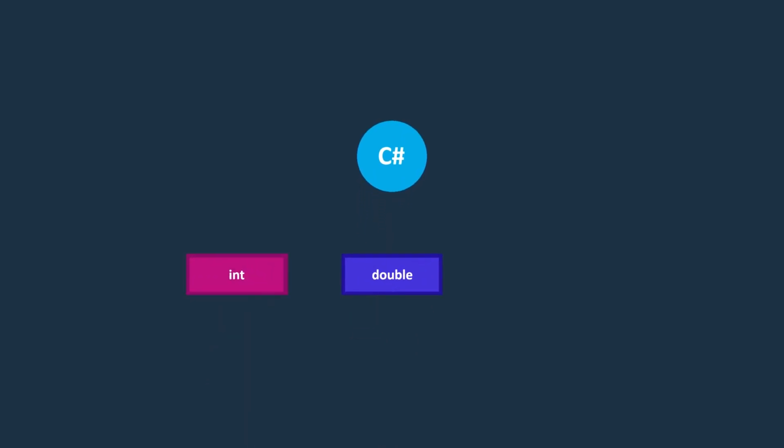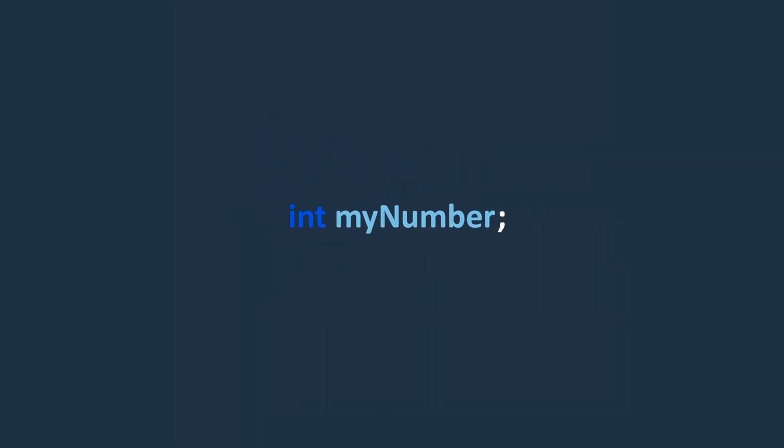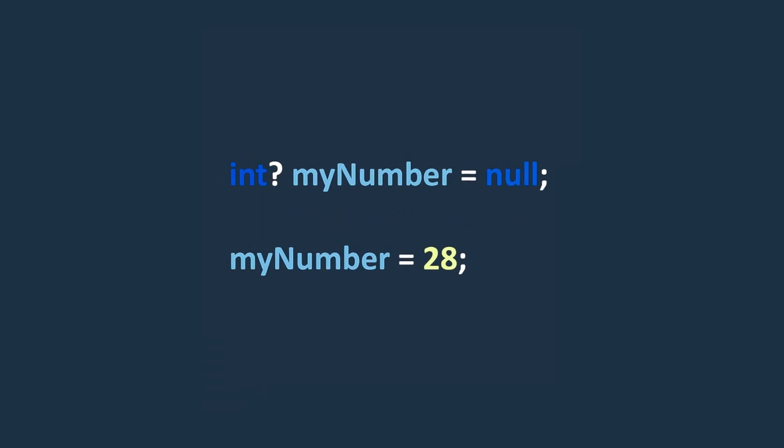In C#, most value types such as int, double, bool, etc. are non-nullable by default. This means that we cannot assign a null value to them. For example, if we declare an int variable and don't assign any value to it, unlike strings, the int type has a default value of 0 instead of null. By appending a question mark after a value type, in this case int type, we create a nullable type. This allows the variable to hold either the underlying value type or a null value. You should know that we'll talk about nullable types in detail in the intermediate course.